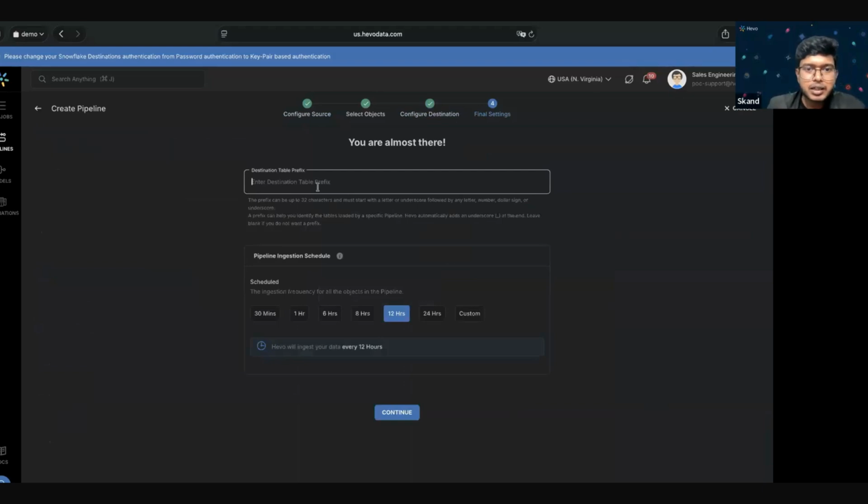And then we have the similar final configuration where I can give the destination table a prefix and then the ingestion schedules. In this case, the auto mapping is not there because I chose the predefined reports and the schema will automatically be based on the fields that I have configured previously. Again, I can choose an ingestion frequency of 30 minutes, or maybe if I want to go higher, let's say maybe running only 12 hours or 24 hours, I can choose that. Now, once I hit continue,